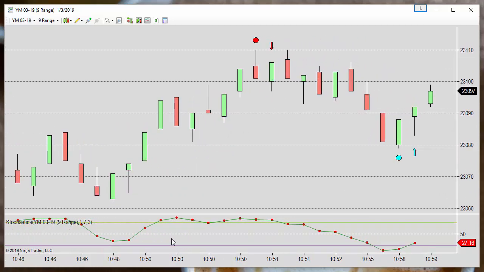For example, let's view the different alternatives we have after the reversal signal. So we are making a new high, the key line is sloping down.